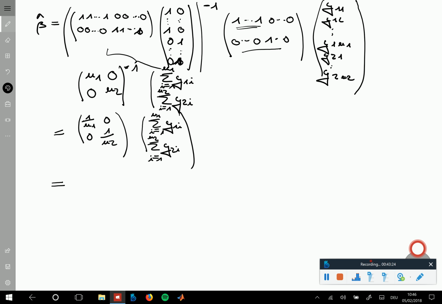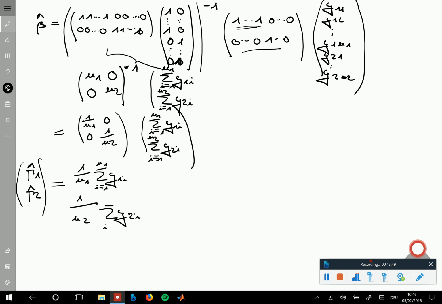then you get as estimates for your expectation parameters. So remember that the beta vector encoded the population parameters. So these estimates for them are then 1 over n1 times the sum of y1i, so the average of the first group, and 1 over n2 times the sum of y2i, so the average of the second group. Yeah, and exactly the same can be played out with the variance estimate, as you see there in 1432, which then essentially recovers the formula for this